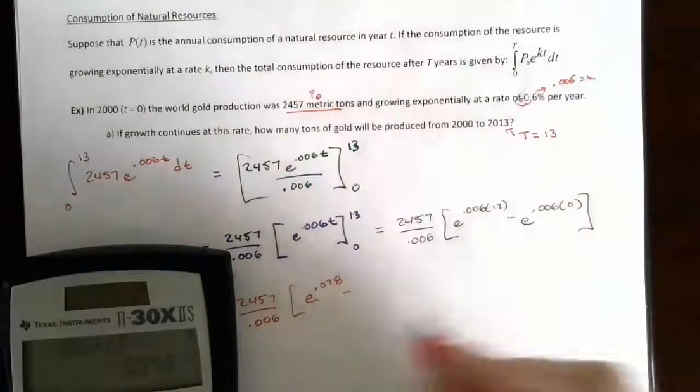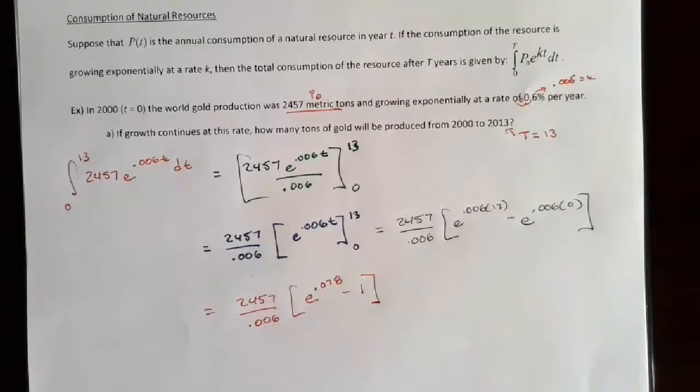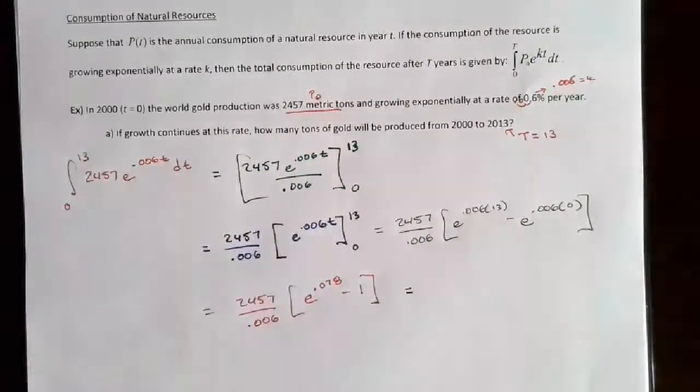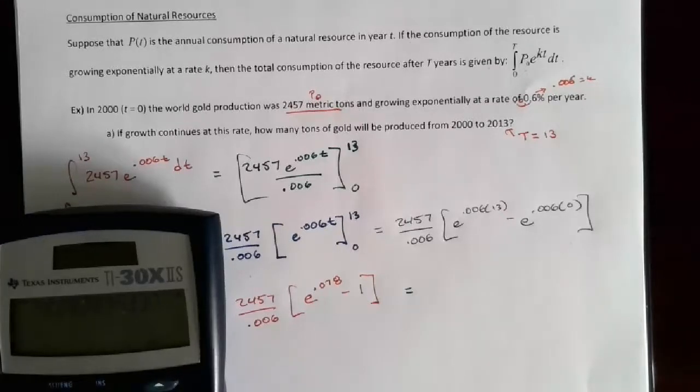Remember we said e to the 0 power is going to give us 1. Make sure you don't just cancel it to a 0. You need that 1 there. And then we'll evaluate this. Multiplying this out, 2457 divided by 0.006 times, in parentheses, e to the 0.078 power, and then subtract 1, then close the parentheses for the multiplication. And we end up with